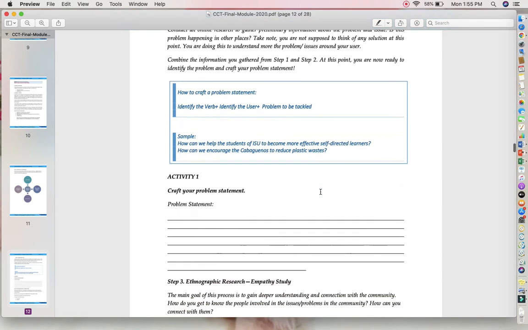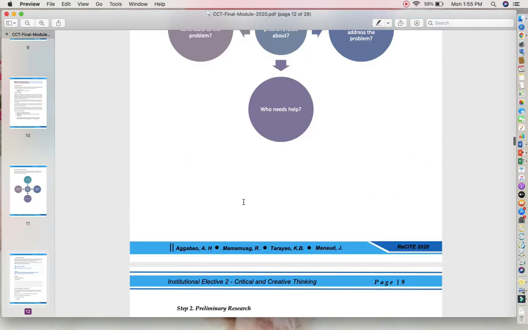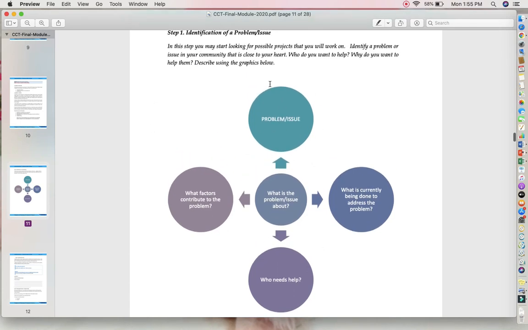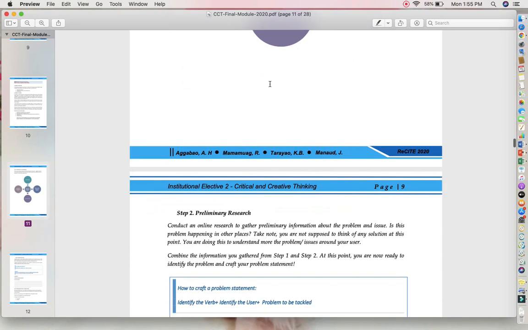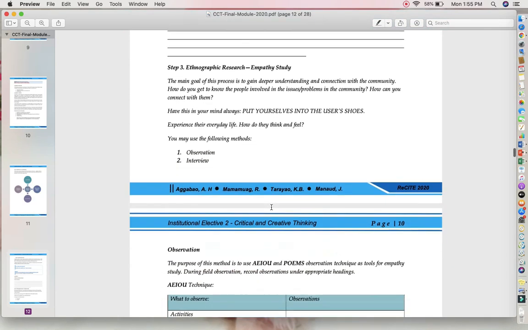Now for your activity 1, you will have to craft your problem statement. But you also have to create this graphics in step number 1. So create a graphics. That will be your first activity. Your second activity actually is to craft your problem statement. And then number 3,